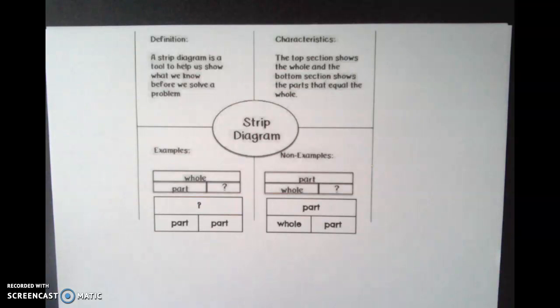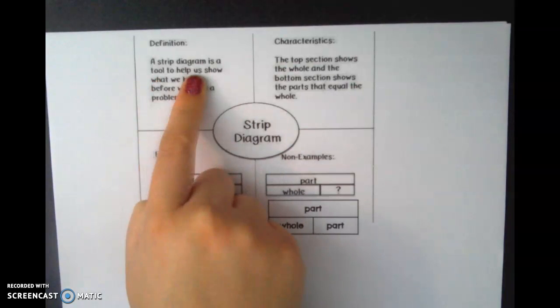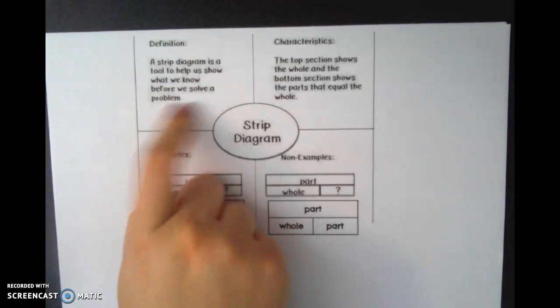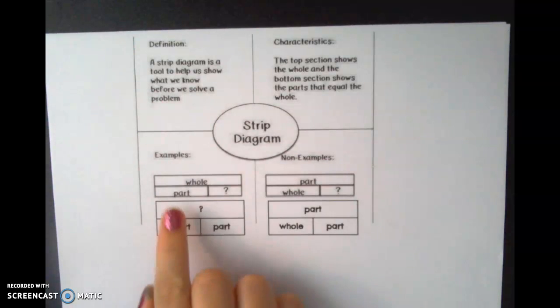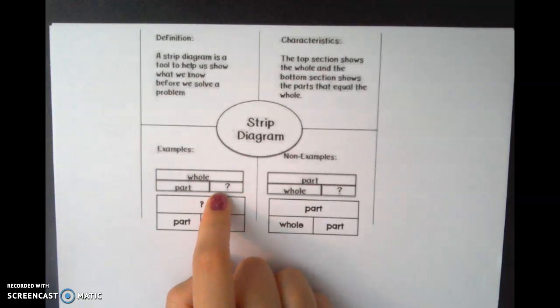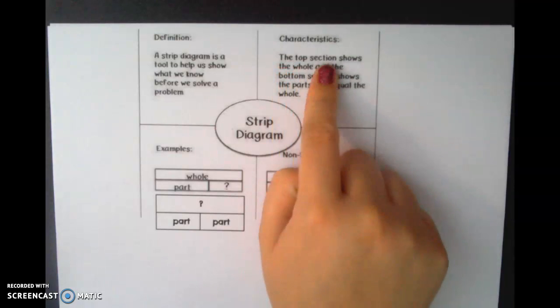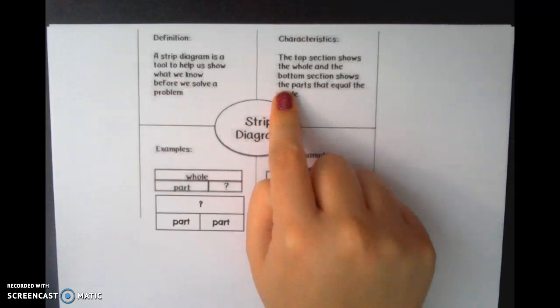So when we solve word problems using addition and subtraction, you need to represent your problem in some way. And so one of the ways that we can do that is by using a strip diagram. A strip diagram is a tool to help us show what we know before we solve the problem. So you're going to set up your problem in a strip diagram, and that just helps me know what you know, if you understand the problem or not, and it also gives you a visual representation of what the problem is asking. The top section shows the whole, and the bottom section shows the parts that equal the